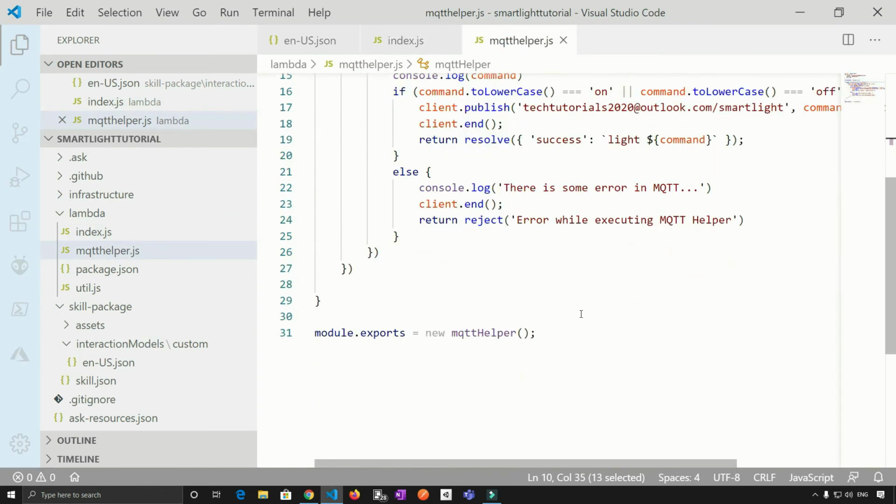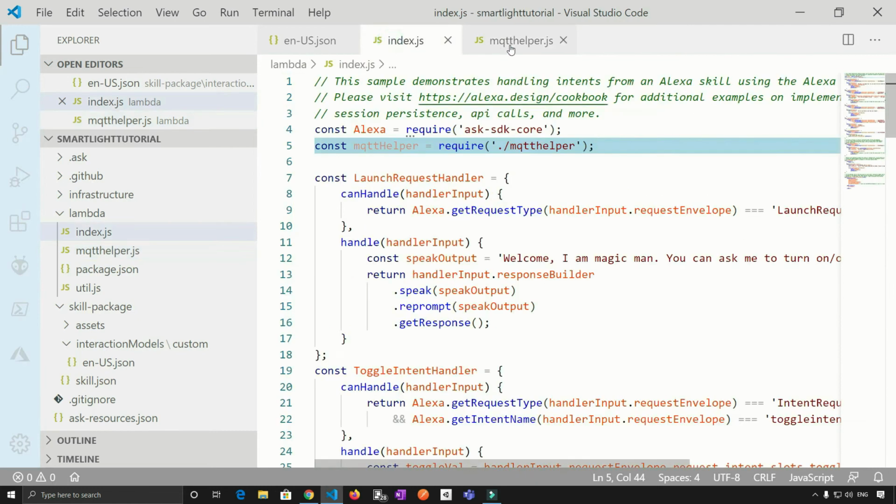I missed to show you that we are exporting the MQTT helper. So this is the way we could call this particular file here in the index.js. So basically you could call this particular file in any of the JS files.